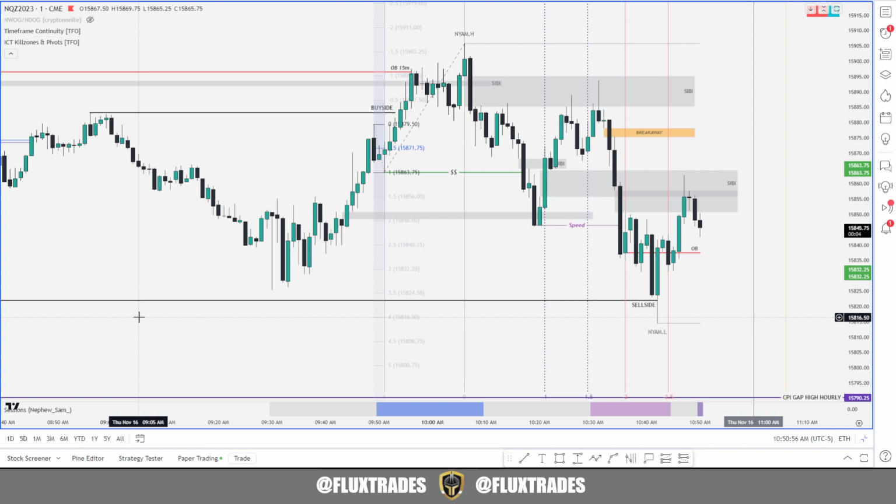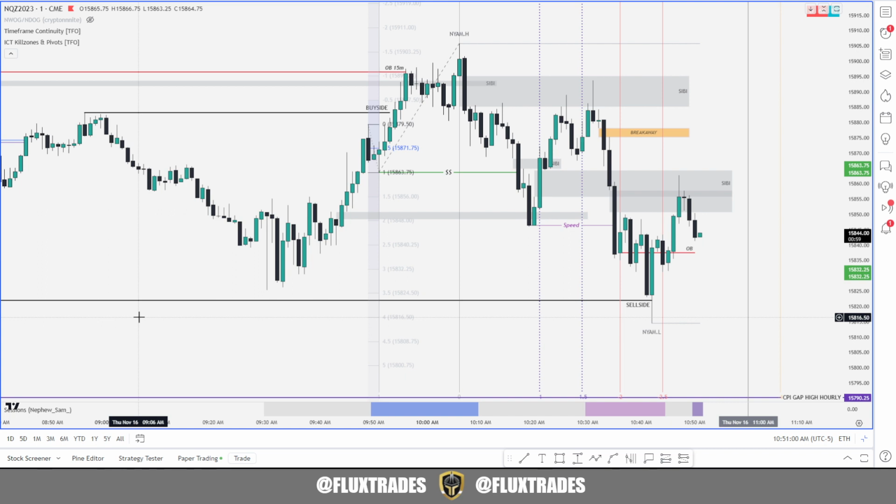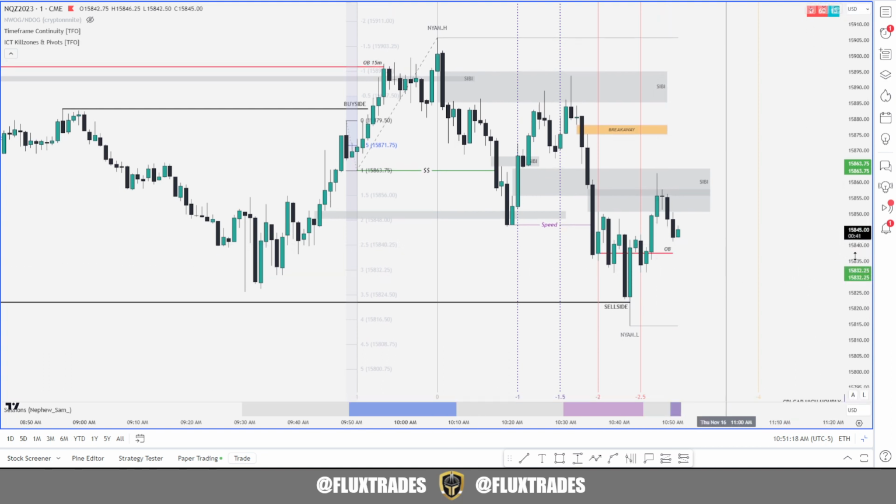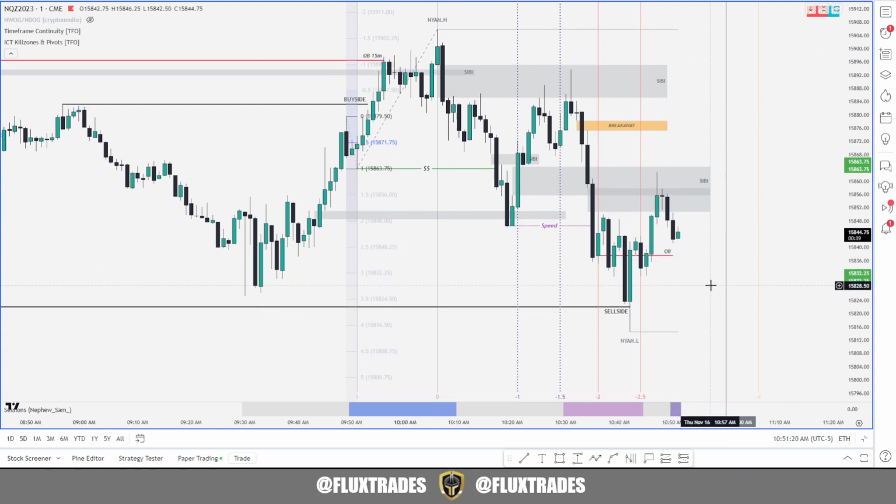In the eval stage, it's different. I think if you want to play it more aggressively in the eval stage, if that's in your risk tolerance, that's one thing. But definitely in the funded stage, it's important to just stack up those winning days, even if it's smaller than what you would expect for full partials, obviously. But if you're trading a 25K account and you're making 200 bucks in it, I think